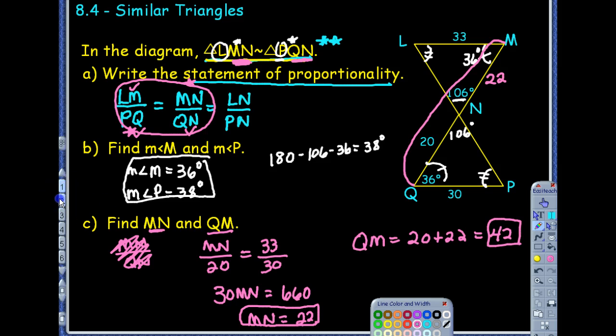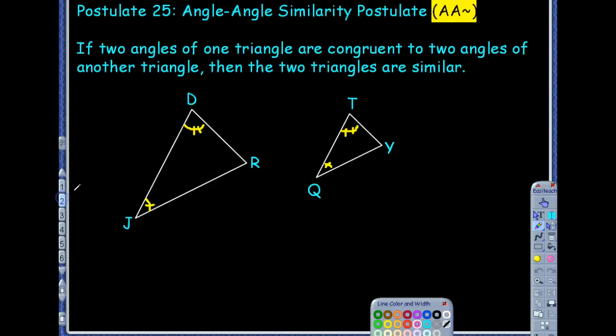Now, keep in mind, we're focusing now on similar triangles. That's going to be our focus. We have a postulate for you. We haven't seen a postulate for a while, and it is the angle-angle similarity postulate. We looked at it a little bit in class today, where we found that you don't really need all three angles, because once we know two angles, we already know the third angles are going to be congruent too. So if two angles of one triangle are congruent to two angles of another triangle, then those